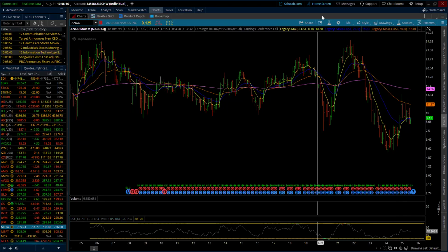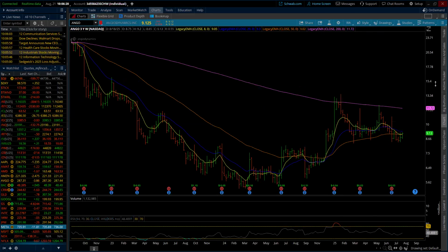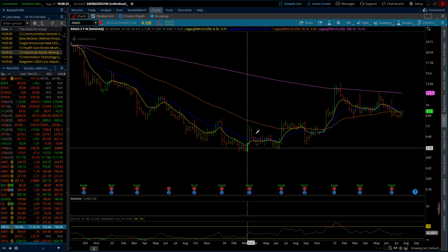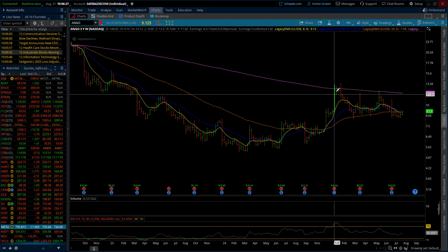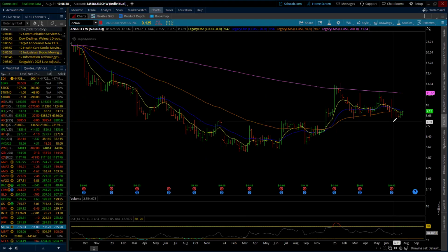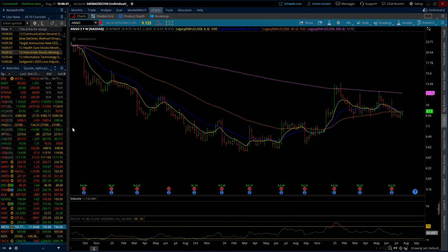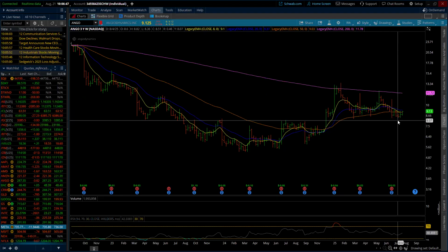But let me bring it in a little bit closer. See, this is all like three wave-ish. One, two, three, and then we got a four that hasn't overlapped. So it could still be alive. It should participate actually, and I'm not sure what Angiodynamics does. I'm going to say it has something to do with working with the heart,